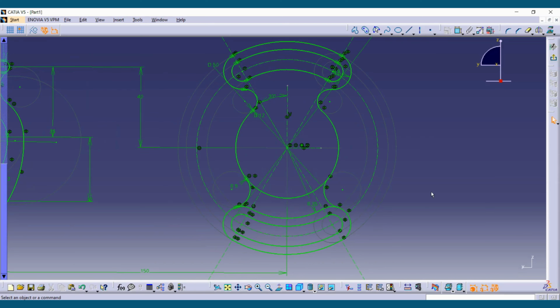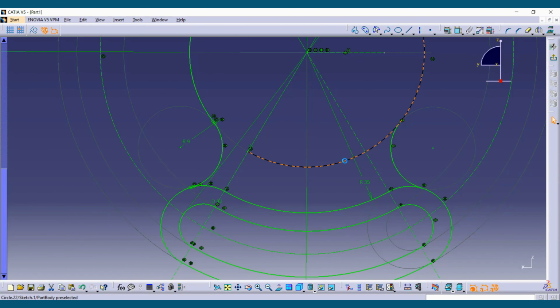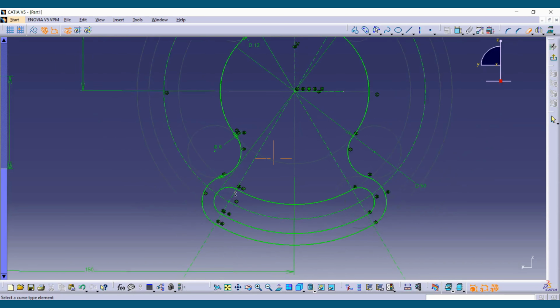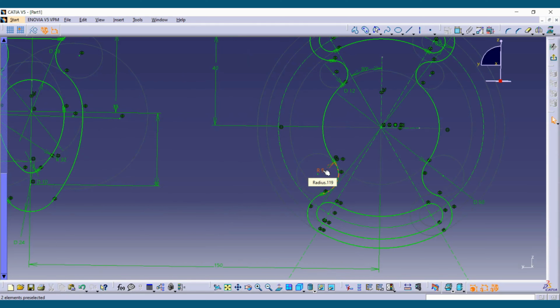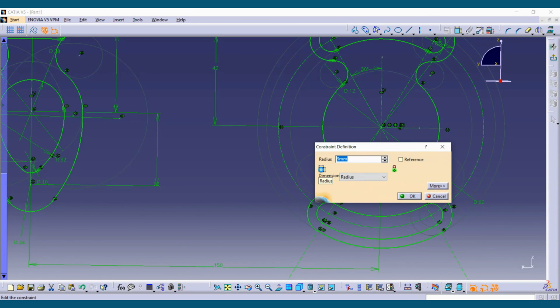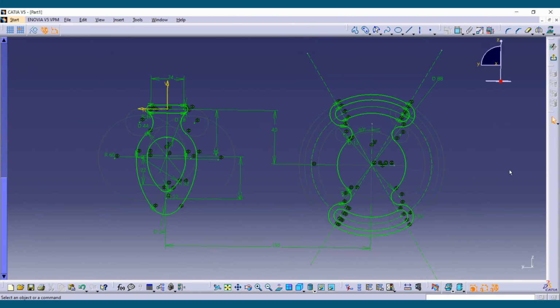Next we are going to trim the extra entities here. For that, select the erase command, double click here. Now we are going to trim the extra entities. Double click here so as to continue erasing. So here we have completed this sketch now. We are going to take this radius as not 9, actually this radius is 6. So here the radius is 6 only, we had taken 9. Now it is completed. So these were the 2 sketches we have taken for practice, and here we conclude the